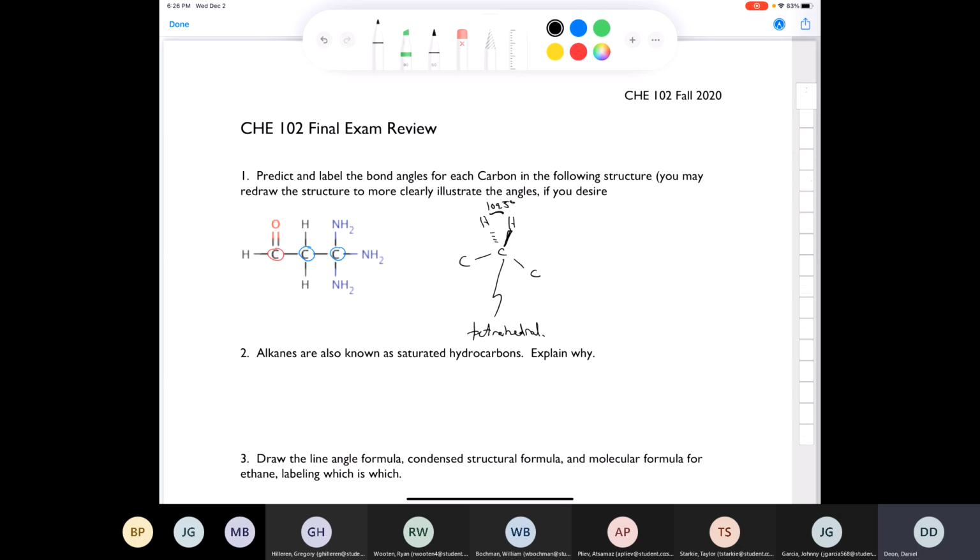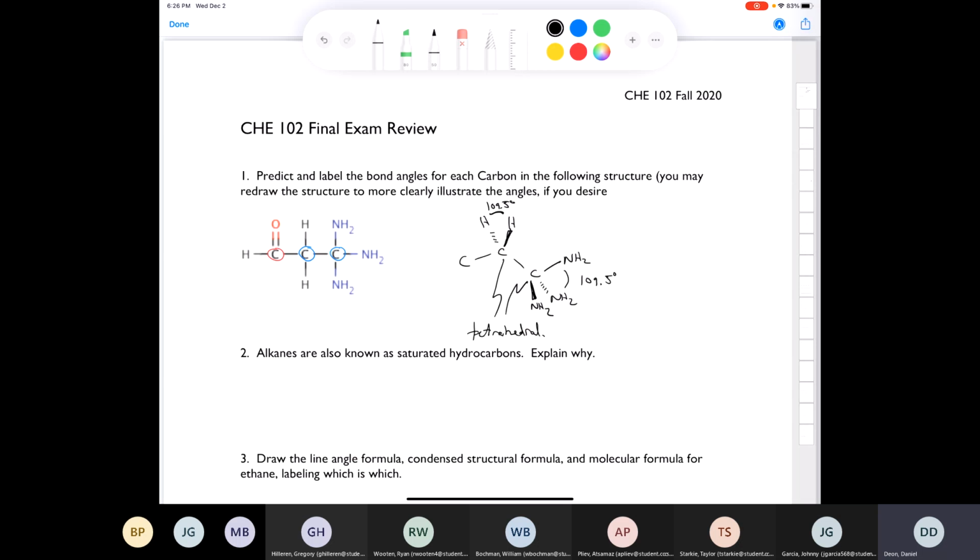The same thing applies to the carbon on the end, right? It's got one NH2 group. It's going to have another one going in back like this, and it's going to have another one coming out in front like this. And so this one is also tetrahedral, and the bond angles here will also be around